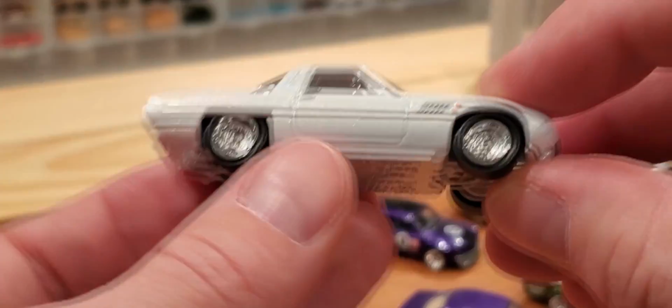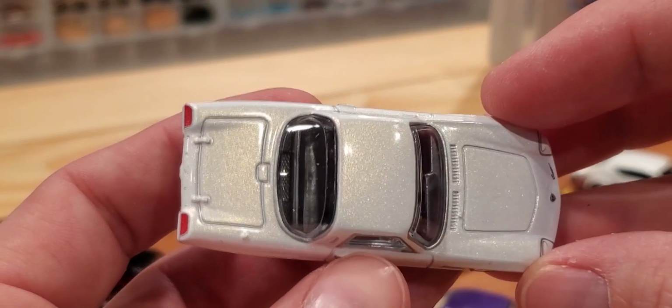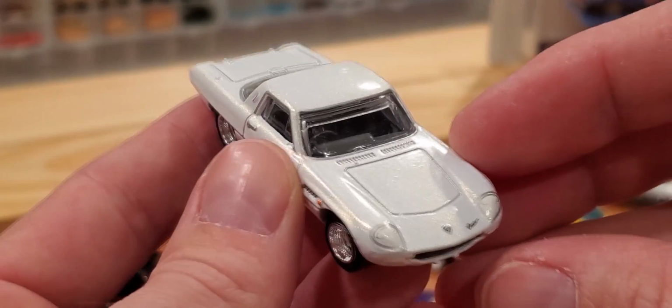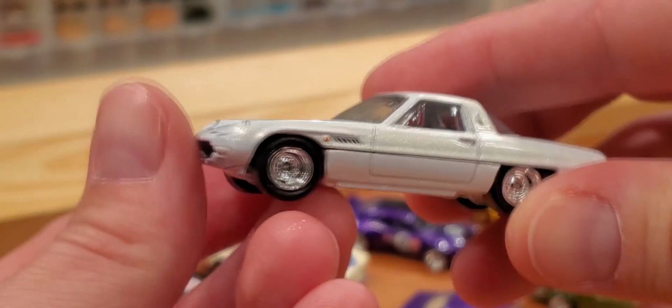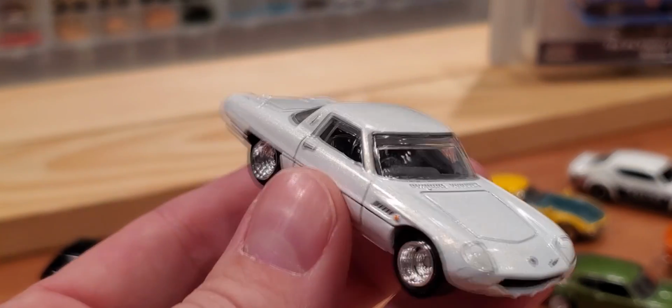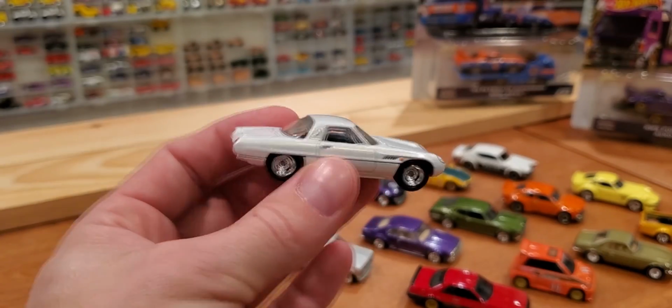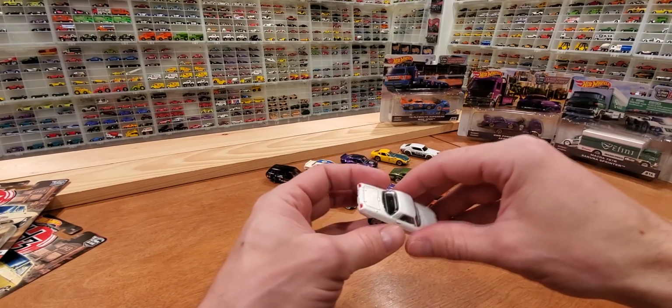Tailpipes there, all metal, of course. Very nice detailing for the trunk, the latches, the hinges. Everything is detailed beautifully on this car, just as it is on the other 4. And really nice wheels. They don't look like the wheels in the picture, but that's okay. No complaints here. All right, we're going to get that one parked,